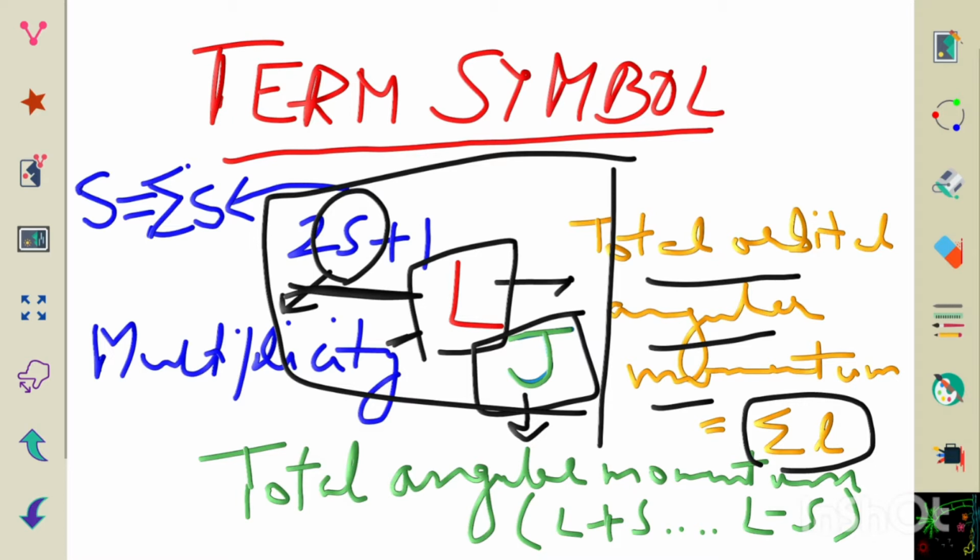It can be calculated by the summation of capital L and capital S, and it varies from L plus S to L minus S. So this is basically how we write a term symbol for any given atom, element, or its ion. Before going into how to write the term symbol, let me tell you about the